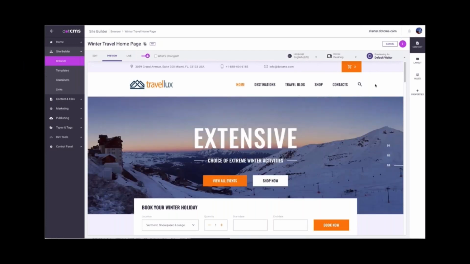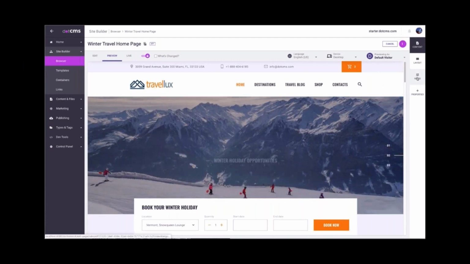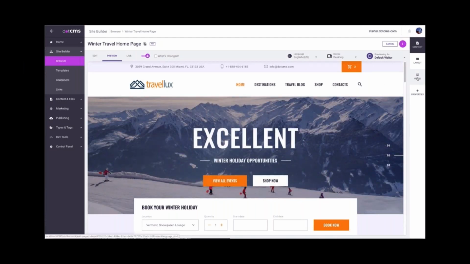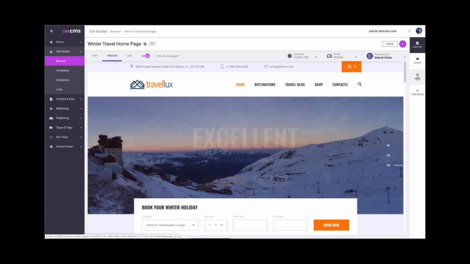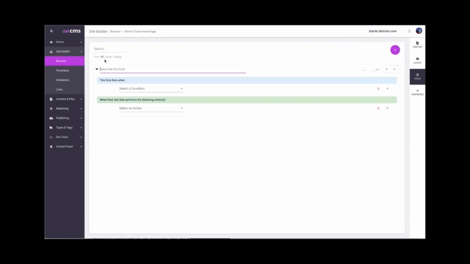So now that I've personalized the page for a sun lover, let's say I want to create a rule that's going to automatically drop a visitor into the sun lover bucket when they come and visit the page. Now these rules can have a whole ton of conditions that can be read based upon the visitor's context, and based upon them can perform actions on the visitor object themselves and actually trigger the personalization.